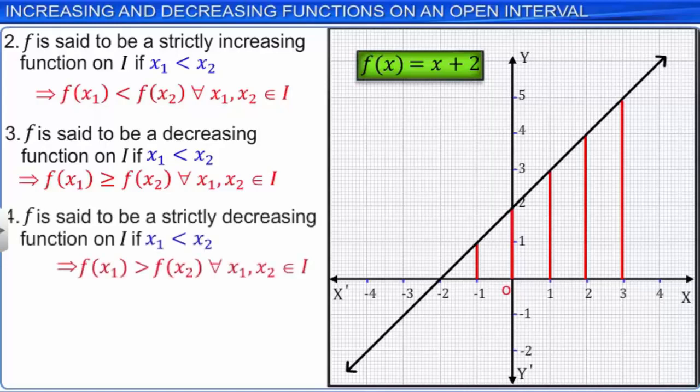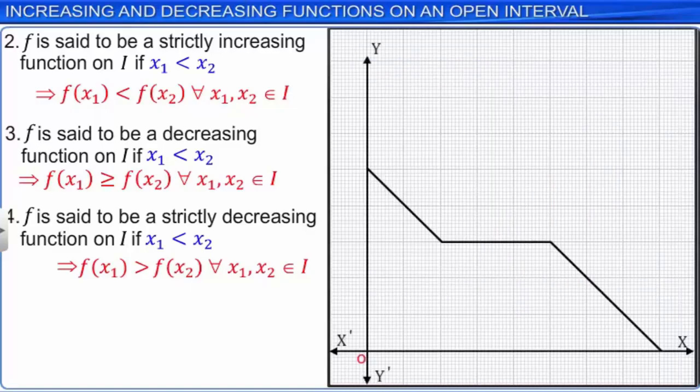f is said to be a strictly decreasing function on the interval I if for every x1 less than x2 we have f of x1 greater than f of x2 for all x1, x2 in I. Here is the graph of a decreasing function. The straight line on the graph depicts that with the increase in the value of x, the value of the function remains constant at some points. That is, at a few places, f of x1 is equal to f of x2, though x1 is less than